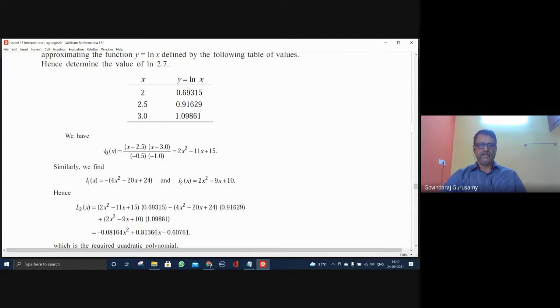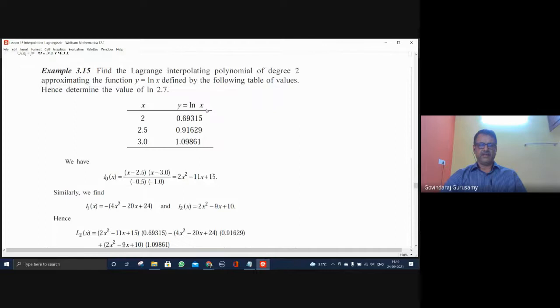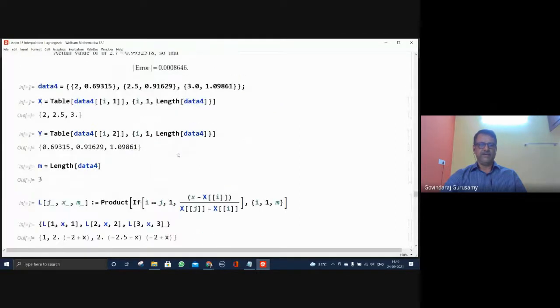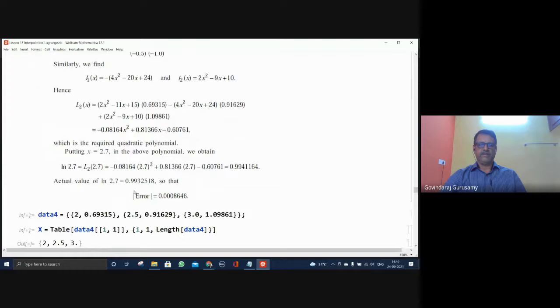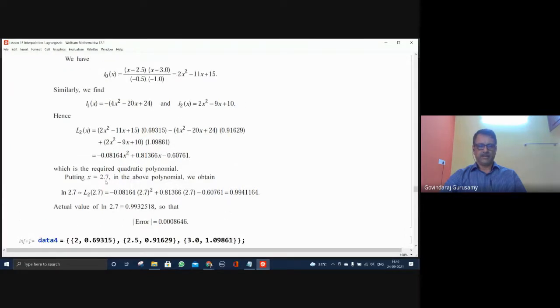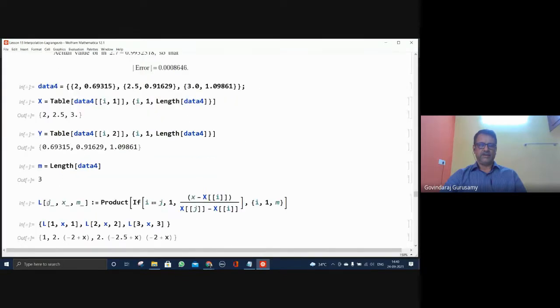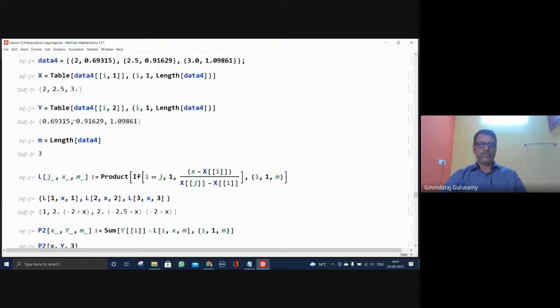Here again, ln of x. This is the sine function, this is the log base e function, and these are the results given. Now you can see that data 4 is these numbers which he has given already here, the 2.53 corresponding values. And you have been asked to find the value at x equal to 2.7. Again, you just find which polynomial is required. This is P3, but P2 is enough.